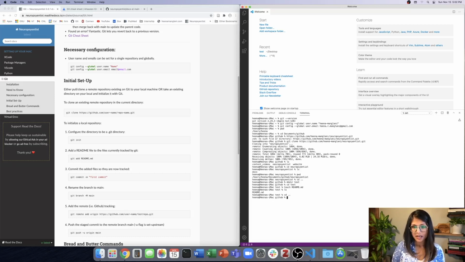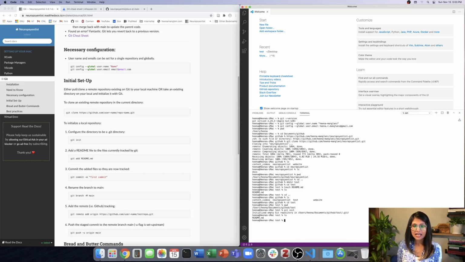So let's go up, and now we see the test folder. The directory is created. Fantastic. So now I want to initialize the test folder. So I'm going to go back into test. See, I'm there, and I'm going to write git init. So we initialize this empty repository called test, and so it shouldn't be empty because we created the readme file, right? So let's do ls. Okay, so it does have the readme file,